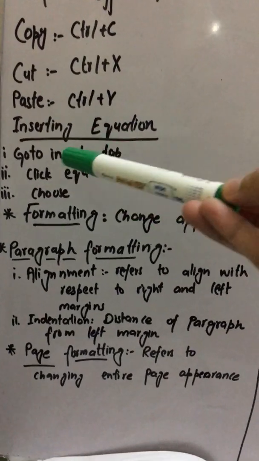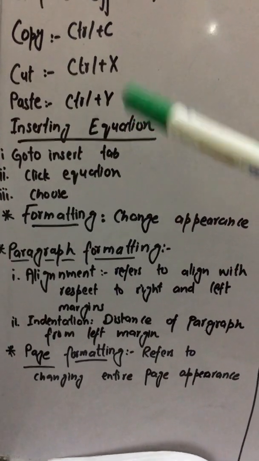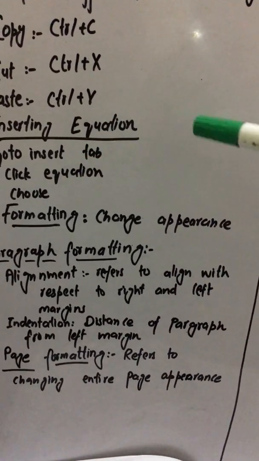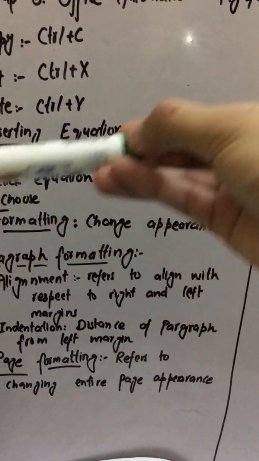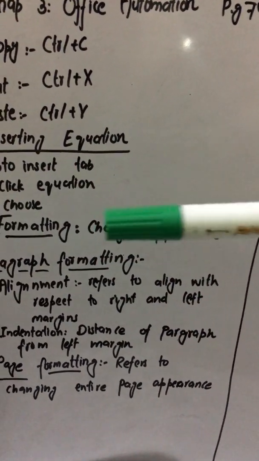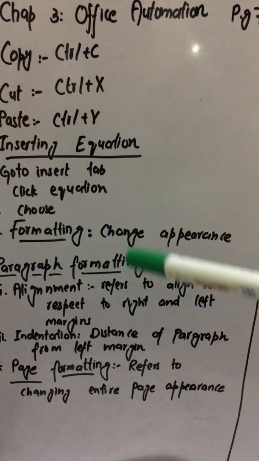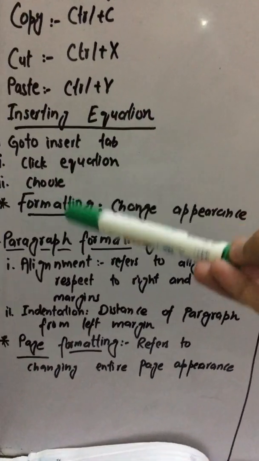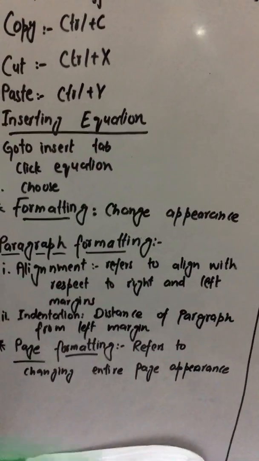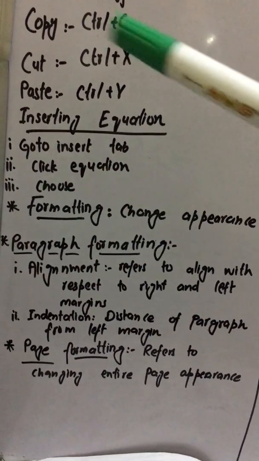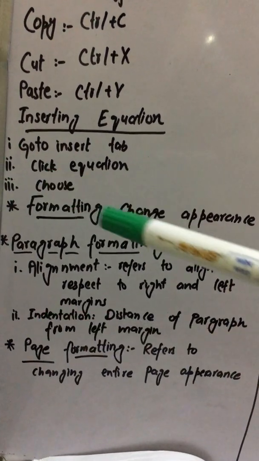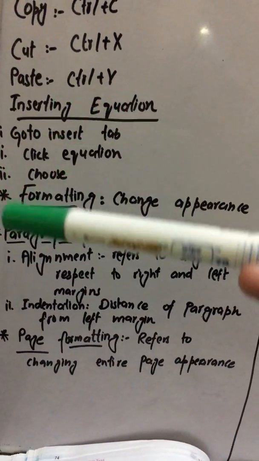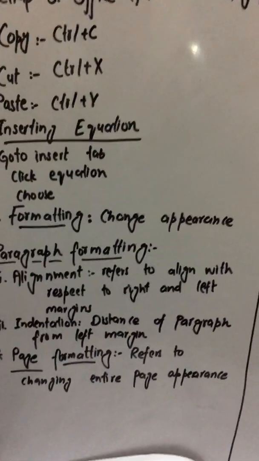What you need to do is go to the insert tab. There are different tabs available. You have the Home tab, the Insert tab, the Page Layout tab. So from the above 9 tabs, just move to the insert tab. After that, click on equation and then choose any equation that you want to insert. You also have the option to customize the equation if you want. So you can also put some customized equation using the symbols given in Word.